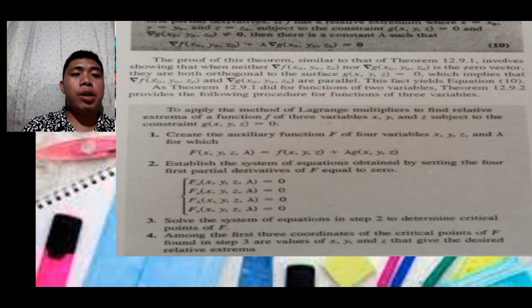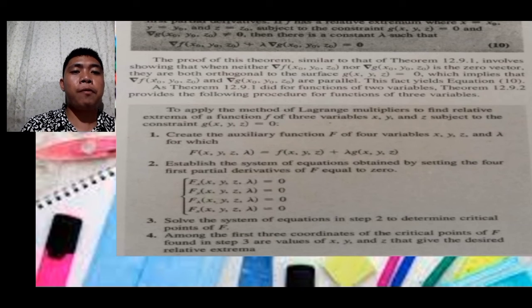Second, establish the system of equations obtained by setting the four first partial derivatives of F